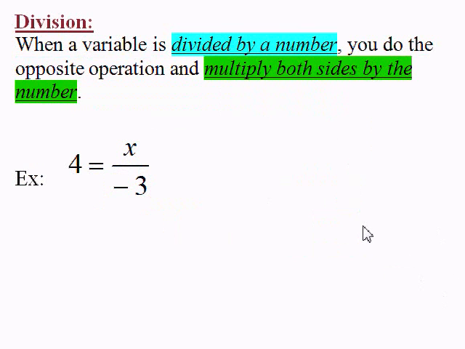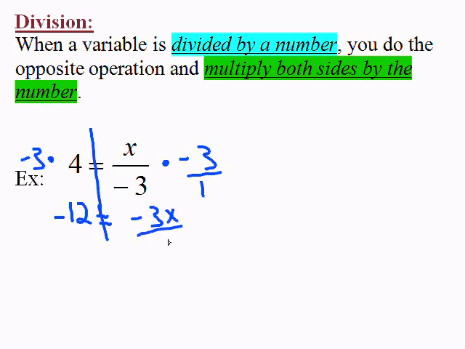Alright, division. When a variable is divided by a number, you do the opposite operation and multiply both sides of the equation by that number. So if we have 4 equals x divided by negative 3, we're going to multiply both sides by negative 3. Negative 3 times 4 gives us negative 12 equal to. Now, the reason this gets rid of the denominators, because really multiplying by negative 3 is like multiplying by negative 3 over 1, giving us negative 3x over negative 3, which is negative 12 equal to